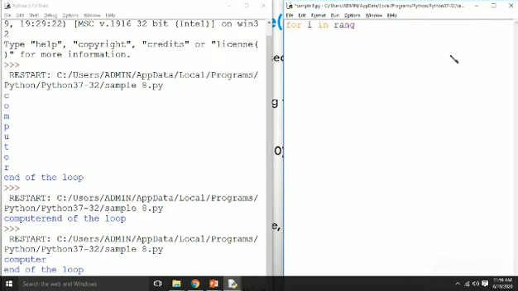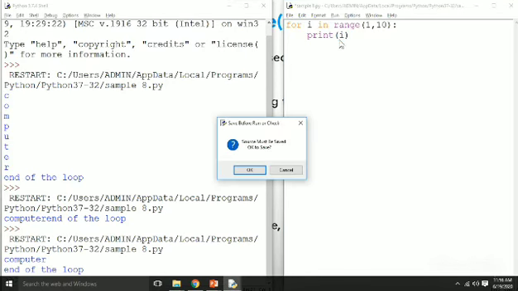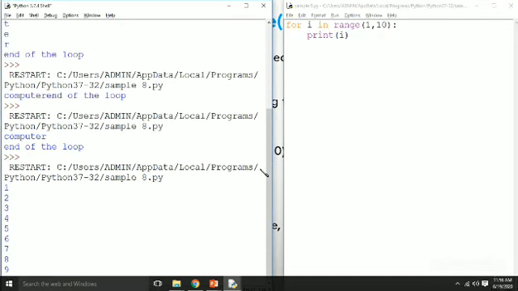We will see an example, children. For i in range function 1, 10, we will print the output, print i, and we will run this module.